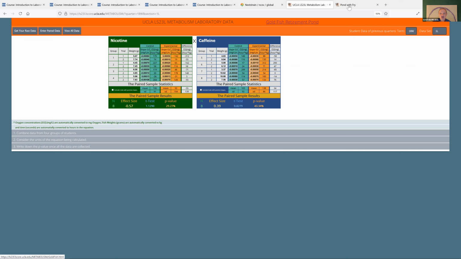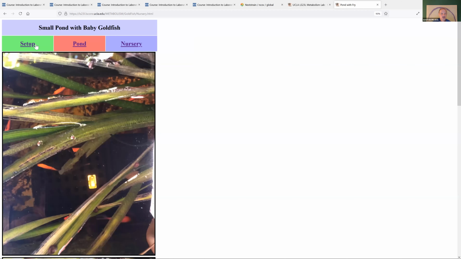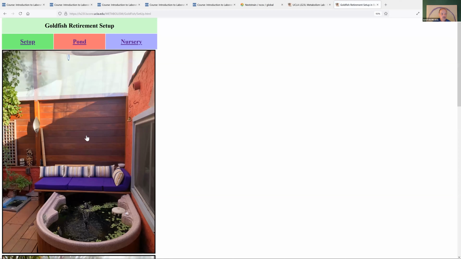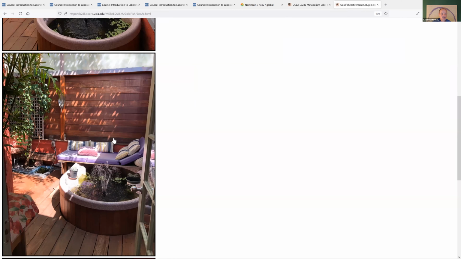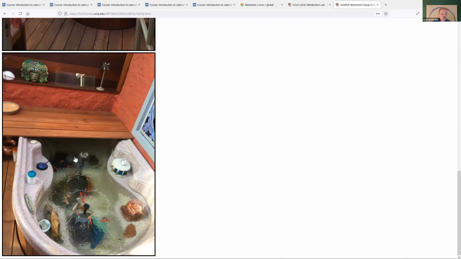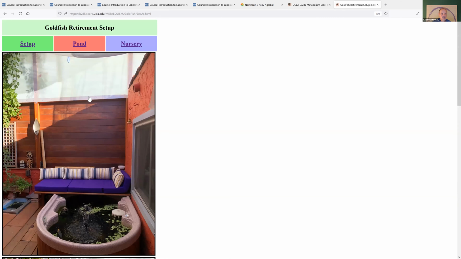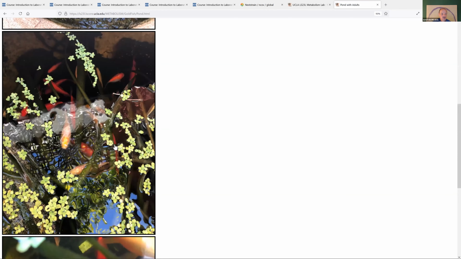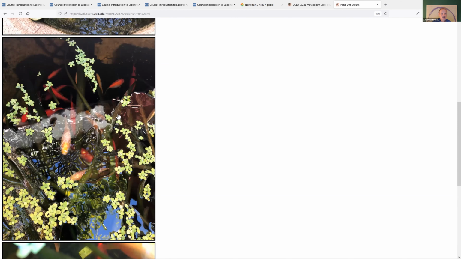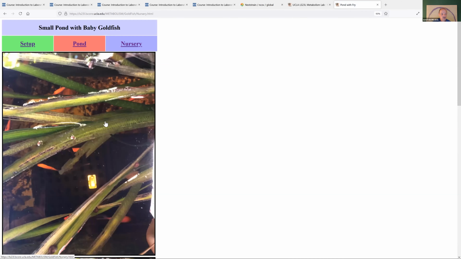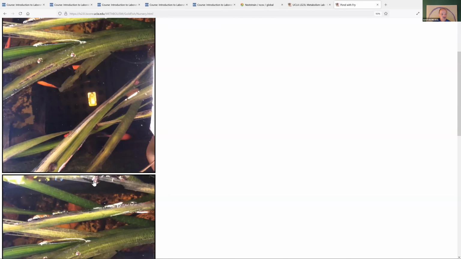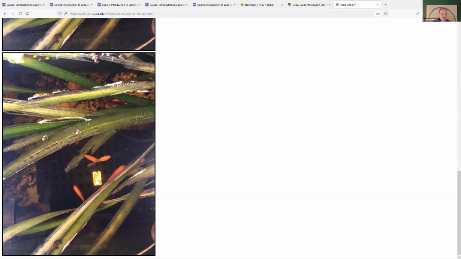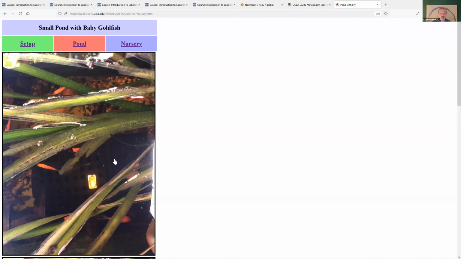And then I just wanted to show my Goldfish Pond. So here's the setup. All the goldfish went in there. It was my jacuzzi. All the goldfish are still alive and happy and didn't get used up. So here they are. And then, you know, they had babies. So this is in the nursery. There are little babies. So they're happy. They're not just living, they are really, really happy.